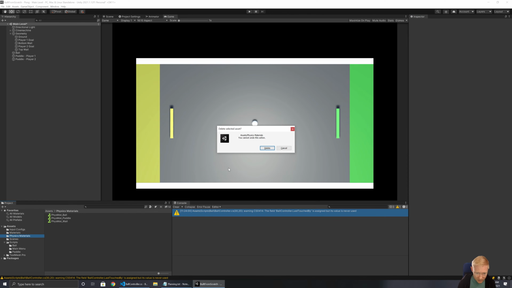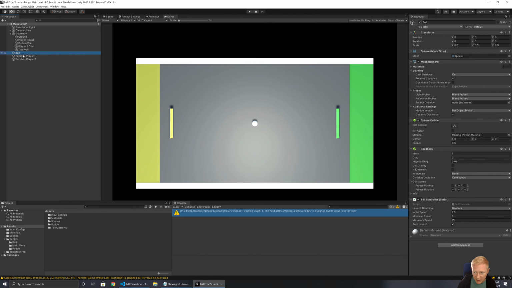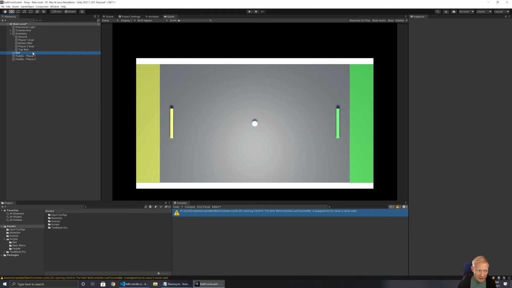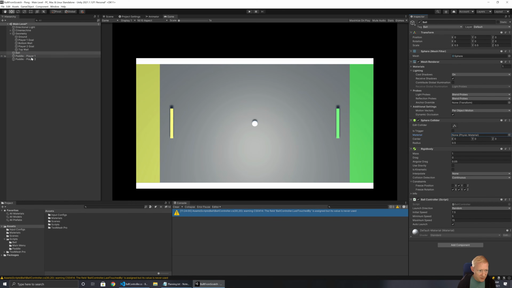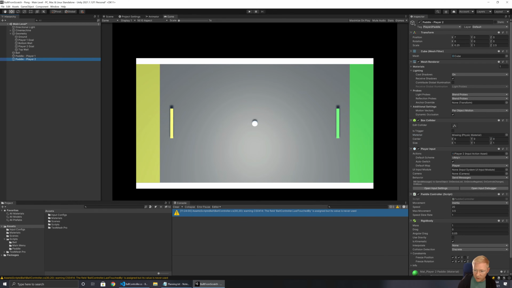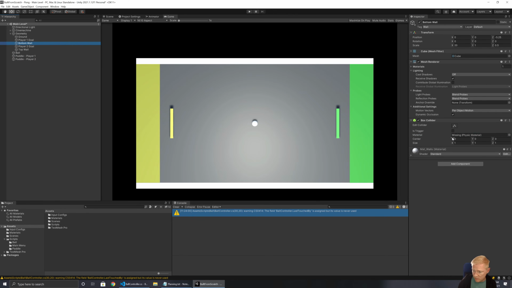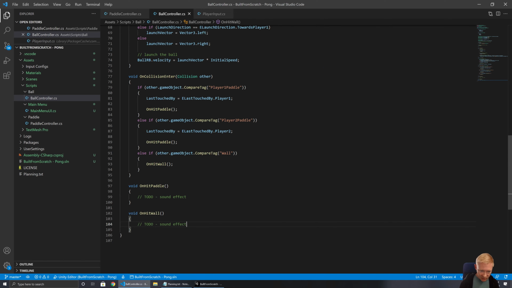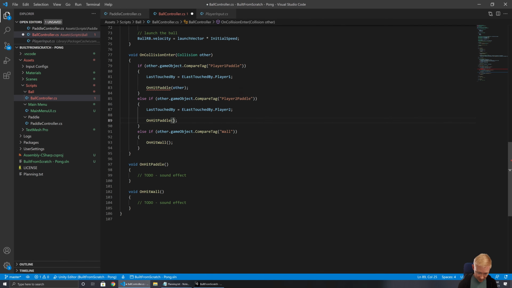Because I want to do this all manually. So I set them up as an easy way of testing intentionally, but I want to actually not be using them. So we're going to get rid of these physics materials here because I'm going to do this manually. I want to actually control how that movement goes manually. So when we hit a wall, a wall is going to be a fairly straightforward one. And I'm going to pass the collision info in because I want the decision in terms of what happens to be handled